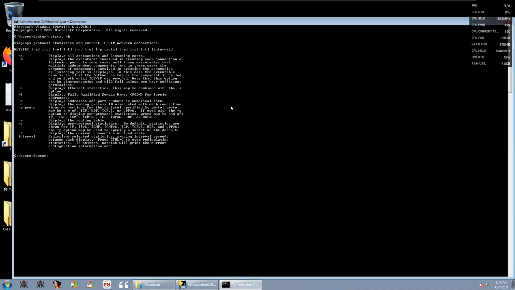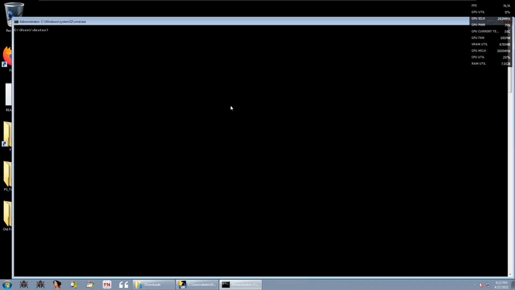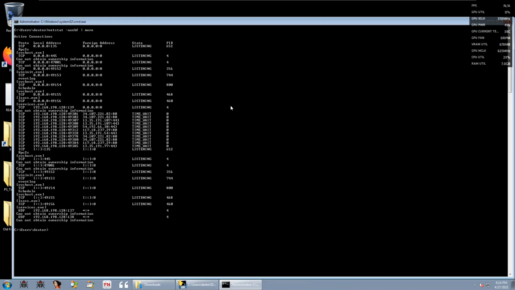Okay, that's simple. Let's try to hunt. Let's see what's normal in my running machine. There are not so many connections running, but we can see RPC running on protocol TCP, with a local address and a foreign address, meaning outside on the internet.